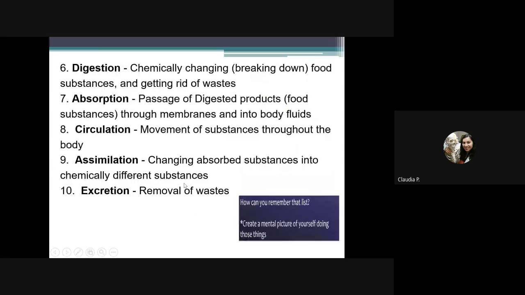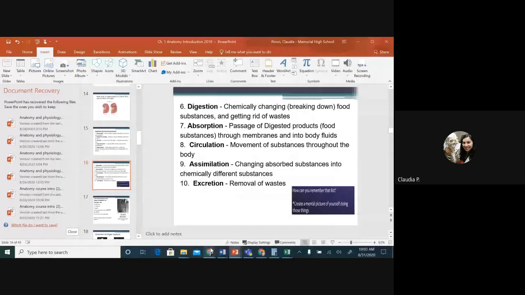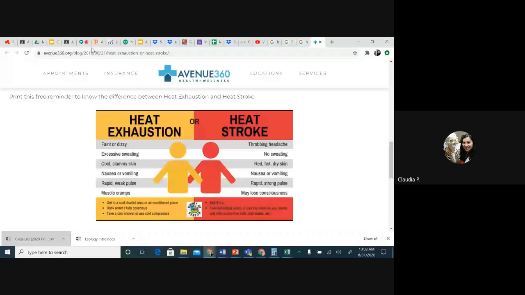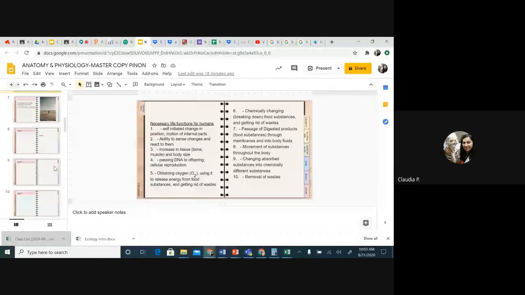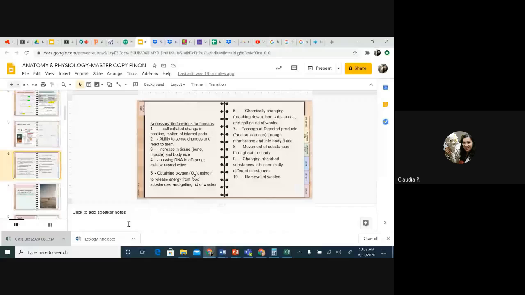So tomorrow, what you all will have are just some scenarios. I'm going to start asking you some questions about levels of organization. You're going to start looking at body systems on your own. So when we come back, we'll be able to start going through some of those body systems, organs, and their function. So if we were to look at this picture,